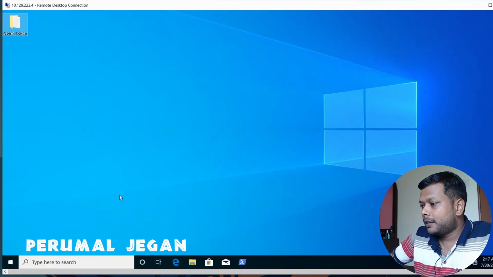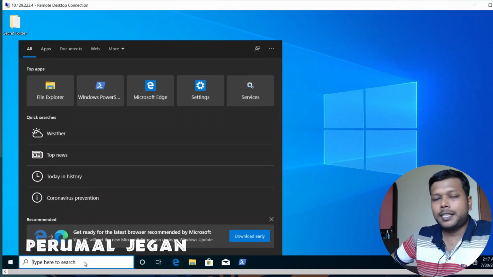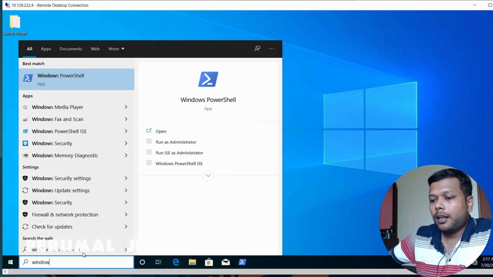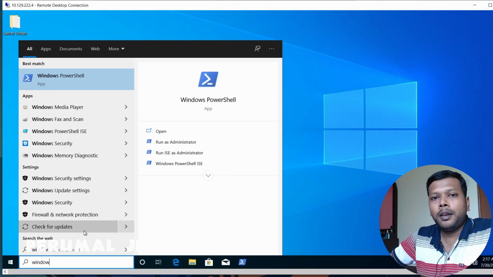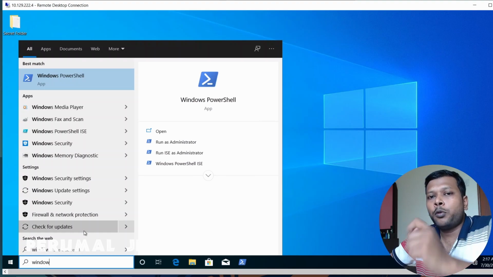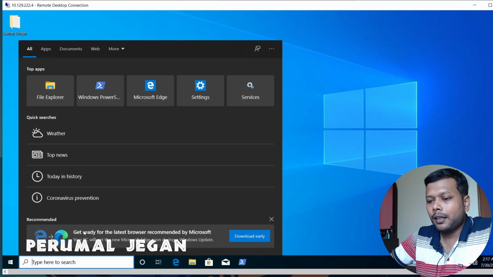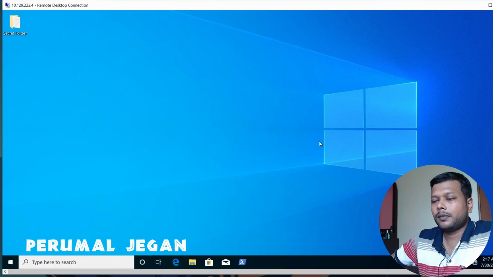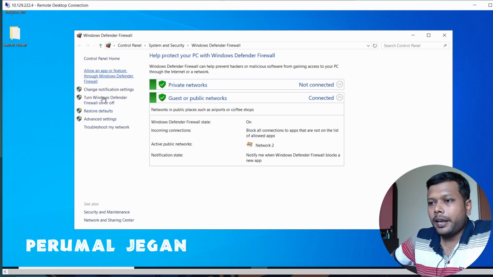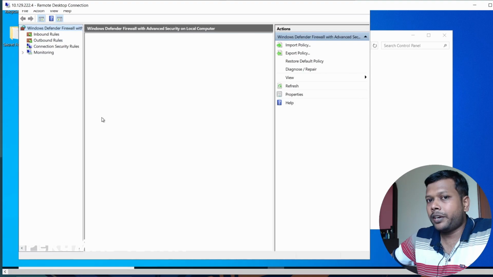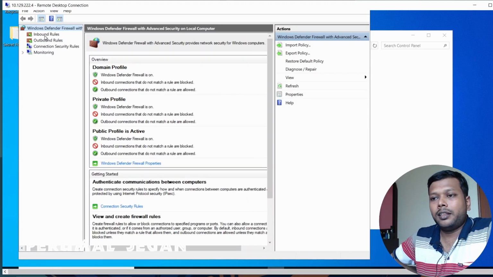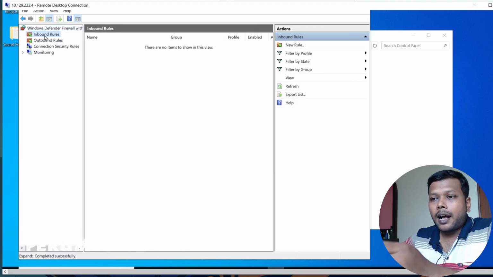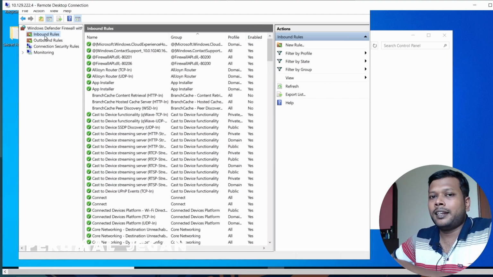Let's look for that. Why don't we check Windows Defender? So let me create a policy which allows 445 inbound connections in my target machine. In Windows Defender, I'm going to advanced settings. Either you can disable the Windows Defender completely, or you can add a custom rule. I would recommend adding the custom rule rather than disabling the firewall.